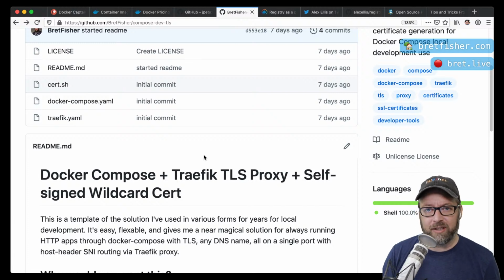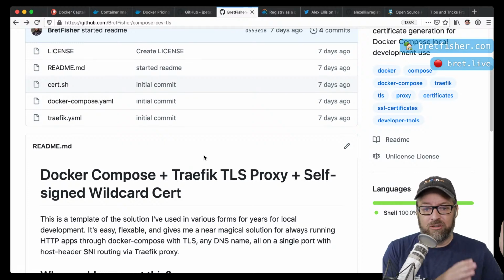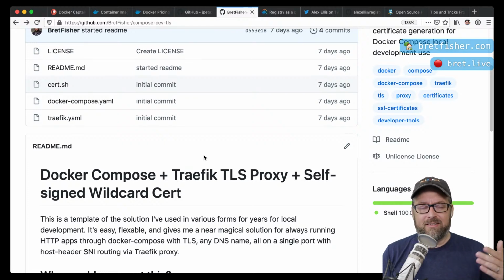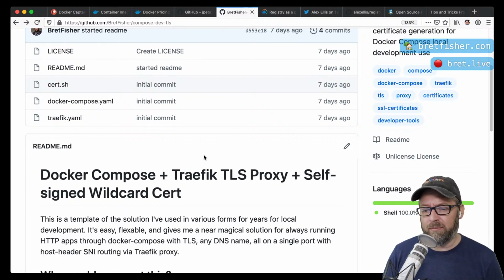You're never going to share this certificate. It's going to be on your machine only. There's no reason to share it because the rest of the people on your team make their own certificate, even if it's the same name. So it's just sitting on your machine. It's not even secret because if it gets out, it's never used in production. It doesn't matter, but there's no reason to put it in your source code, is my point. You just store it on your local machine.